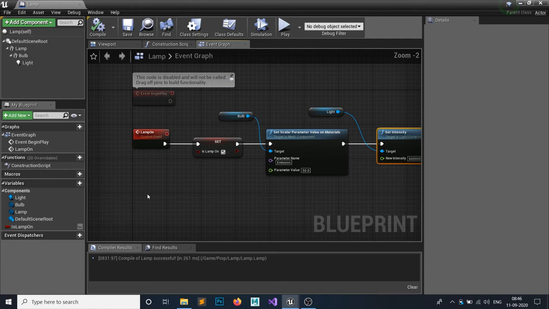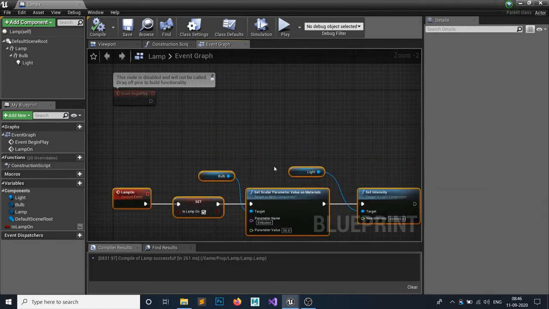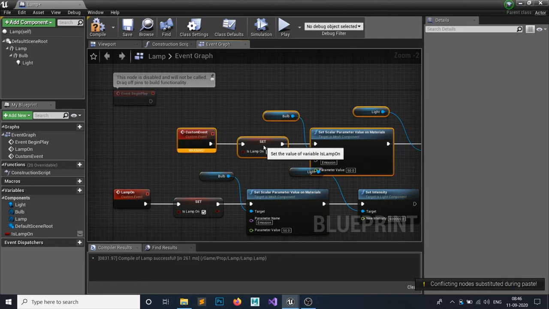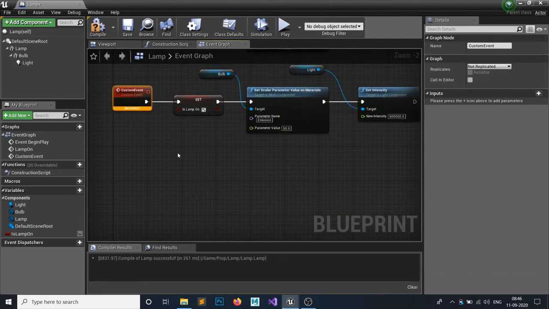After that, just copy that, make it a bit here, and just Control W, duplicate that, and in here, you're gonna see this custom event, we're gonna call it lamp off.